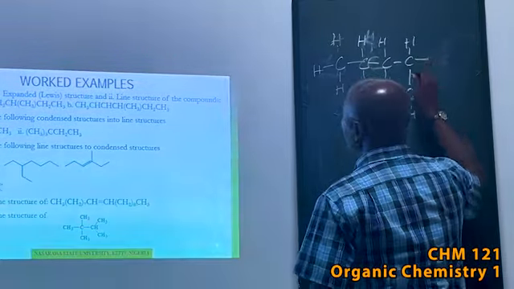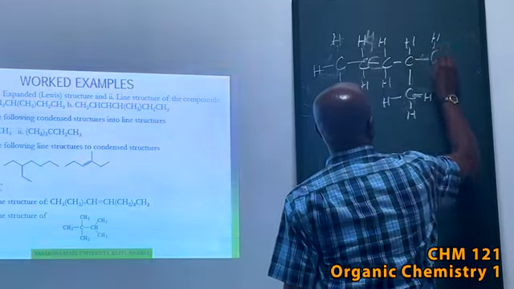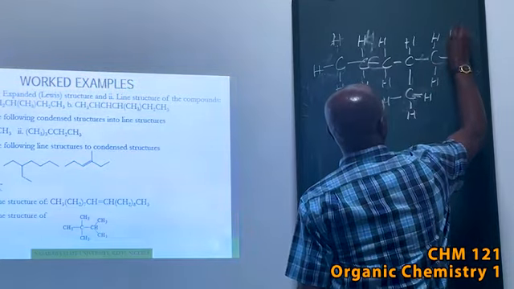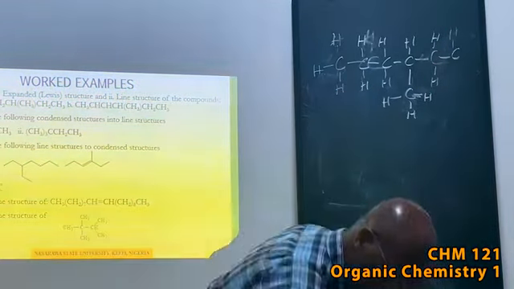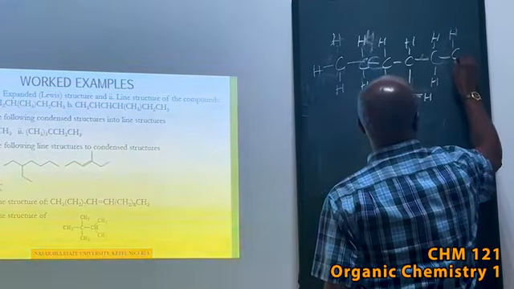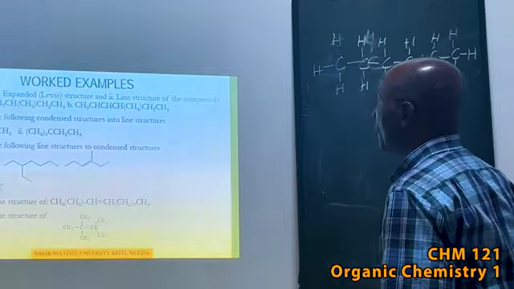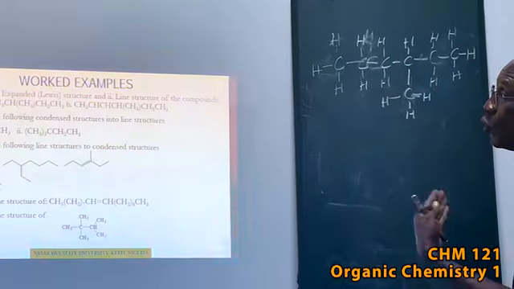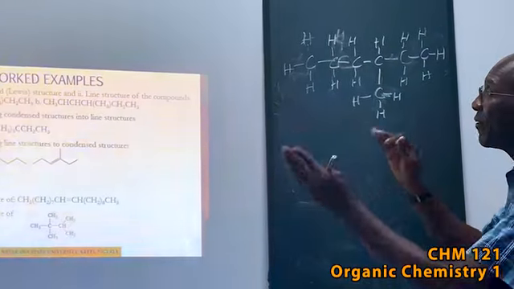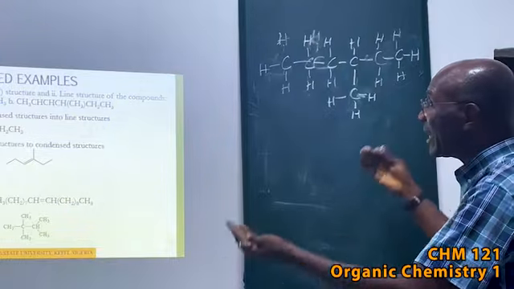And then that one is attached again to a C, H, H, and then to a C, H, sorry, H, H, H. Alright? When I do this, I always want to go back and count and make sure that I have the number of carbons represented,